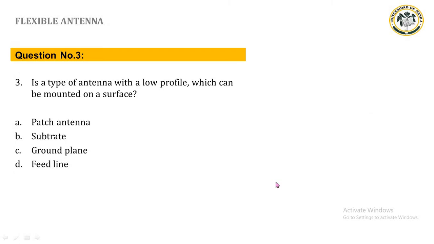Next, question number 3. Blank is a type of antenna with a low profile which can be mounted on a surface. Letter A, patch antenna. Letter B, substrate. Letter C, ground plane. Letter D, feed line. The correct answer is patch antenna. Next,